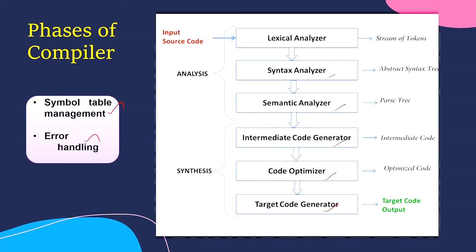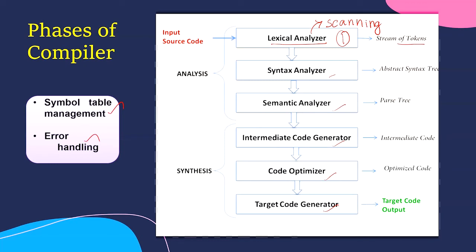First, let us see what is meant by lexical analysis. Lexical analysis is the first phase of the compiler, which is also known as scanning. The source program is scanned to read the stream of characters, and those characters are grouped to form a sequence called lexemes. These lexemes produce tokens as output.